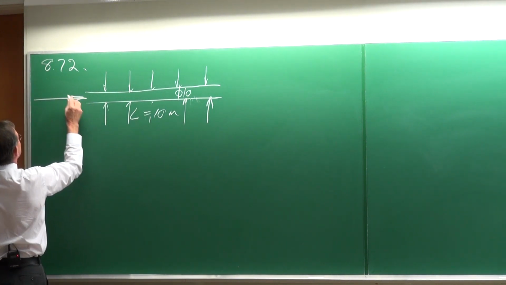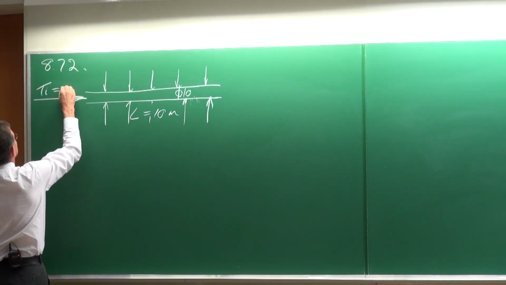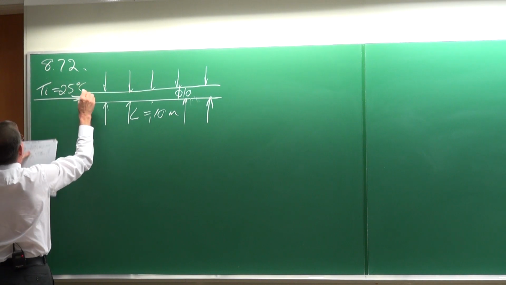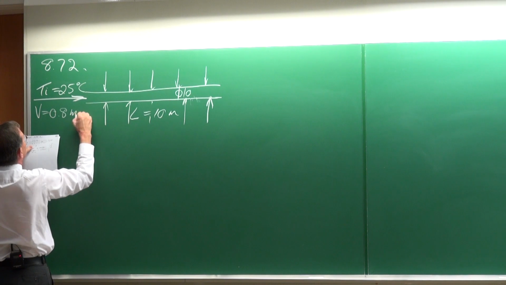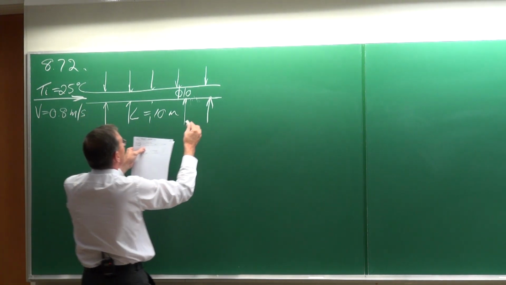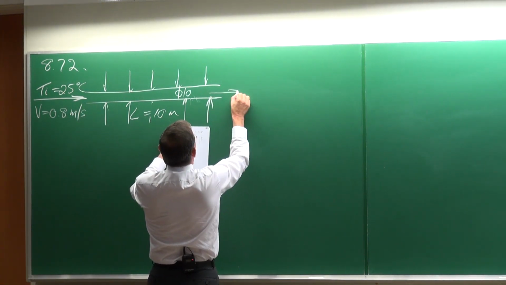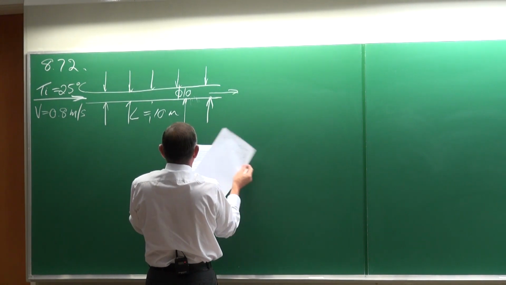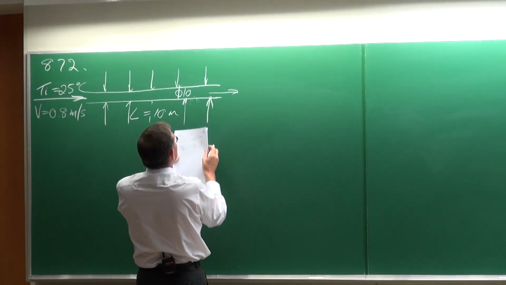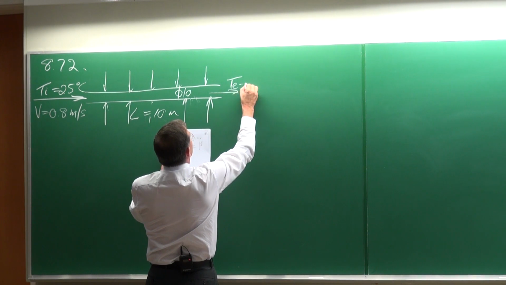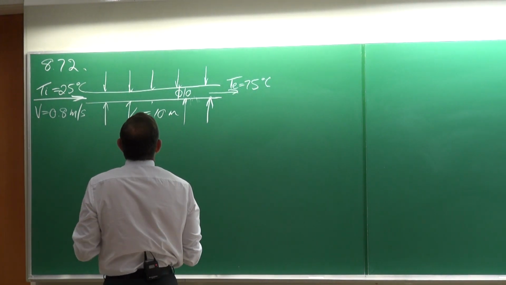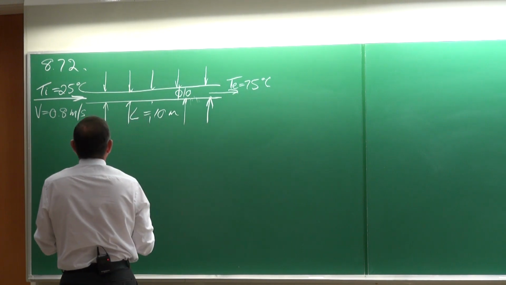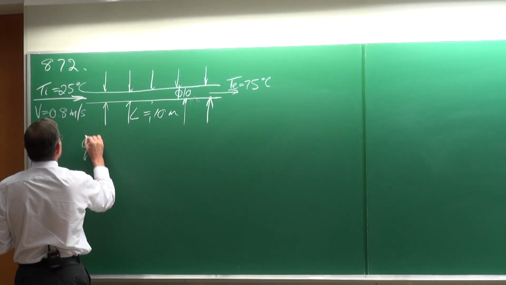The inlet temperature is 25 degrees Celsius. The inlet velocity is 0.8 meters per second average, and the outlet temperature is 75 degrees Celsius, and they want us to determine the heat flux